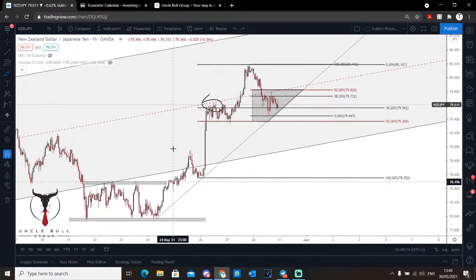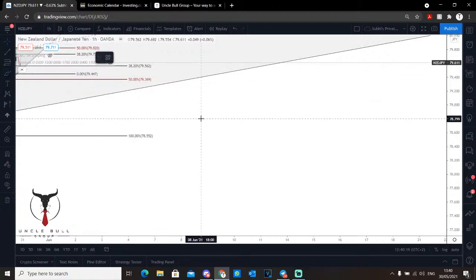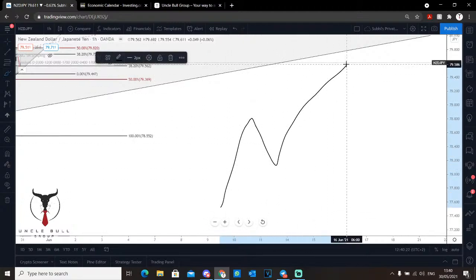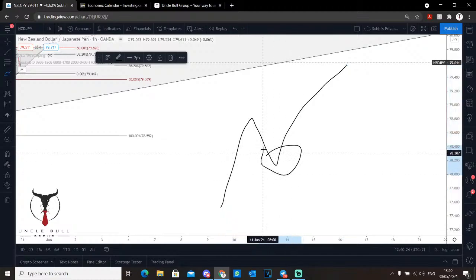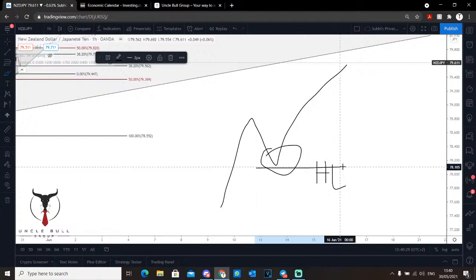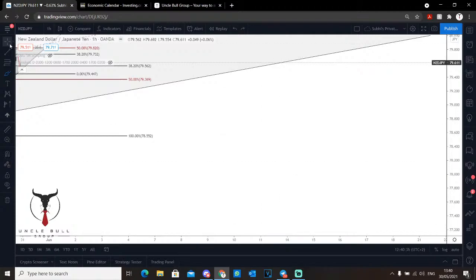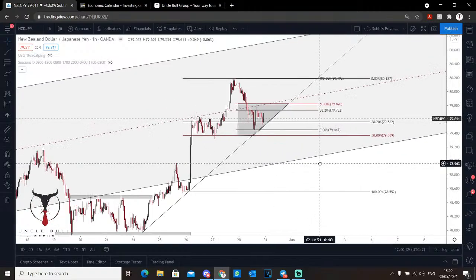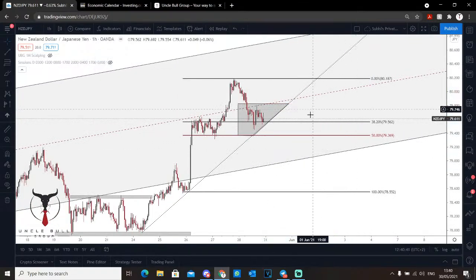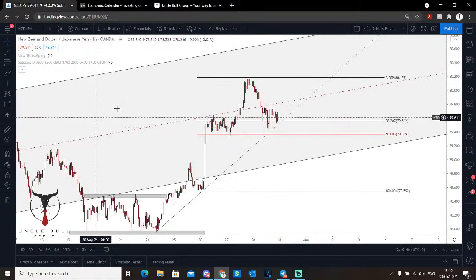So if you guys don't know about the 50% retracement level, usually, and this happens more frequently when price moves in a trend, usually it grabs liquidity or creates, as you guys know it, a higher low at around the 50% retracement area, which is basically, if you think about it, halfway through the trend, right? So let me just delete this and this so you guys have a better understanding of what I'm talking about, right? We see price go up,